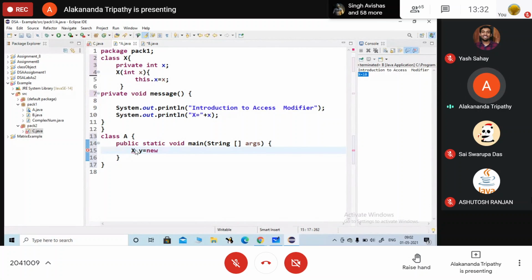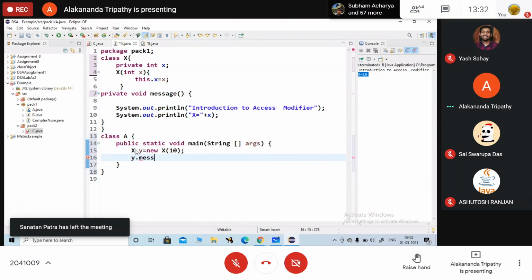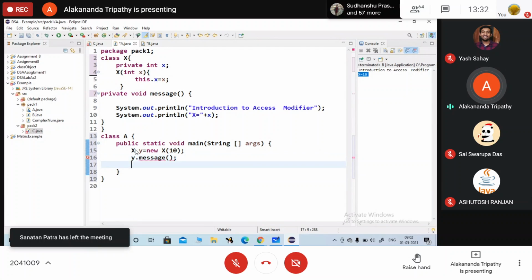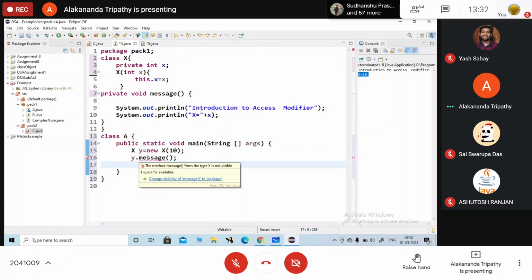I will create the object for the class X. Then y dot message. Check, are you getting any error here? Yes. यहाँ पर भी error आ रहा है ना?